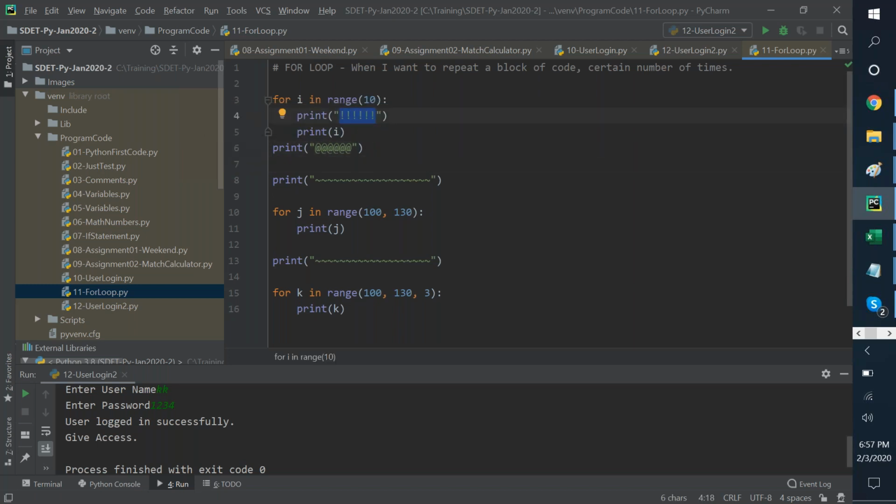Line number 4 is within that for loop. Line number 5 also is within this for loop. How do we know it? Because it is tabbed, or one indent. So just shift your characters to the right by one tab space and basically the Python interpreter knows that yes, this is how it is.